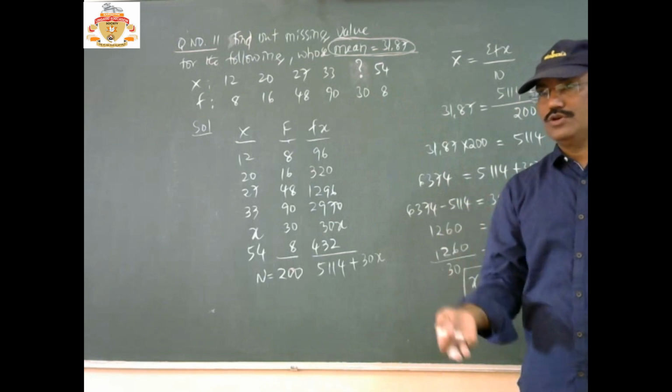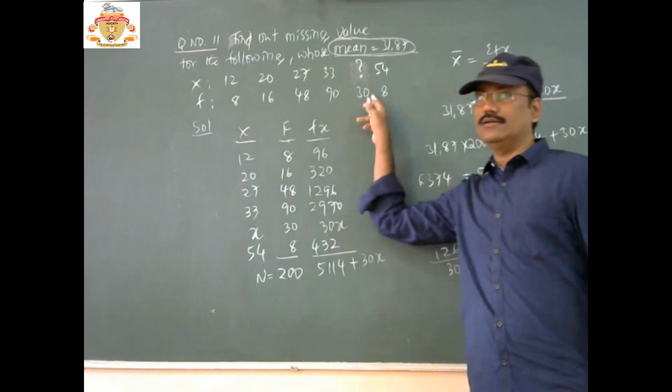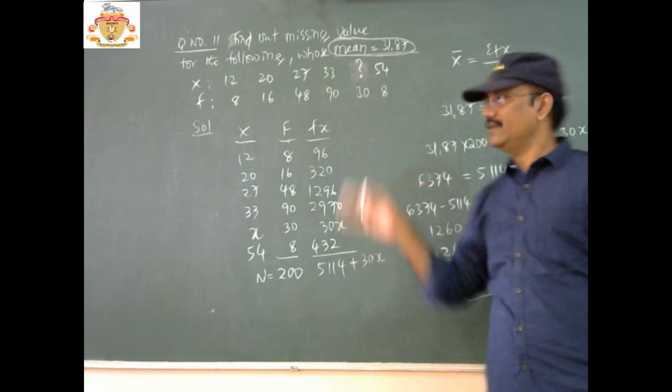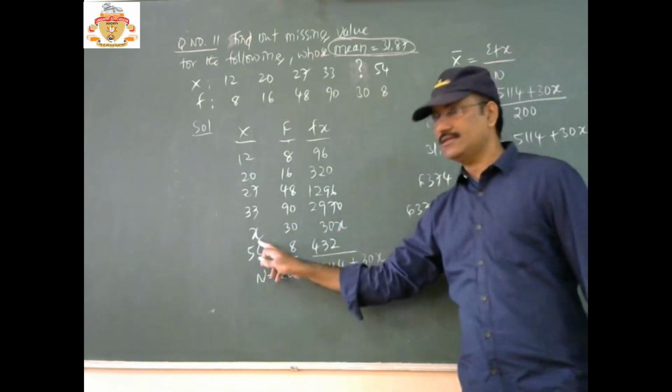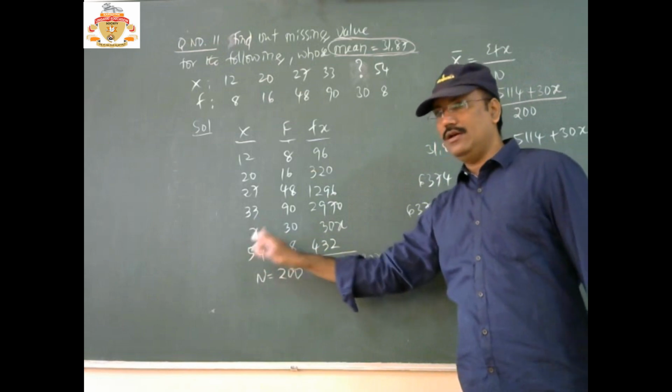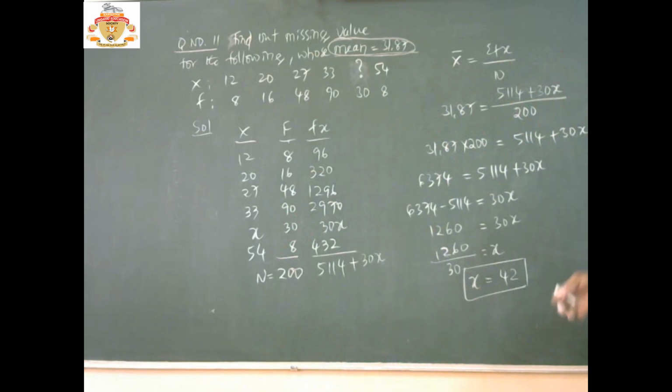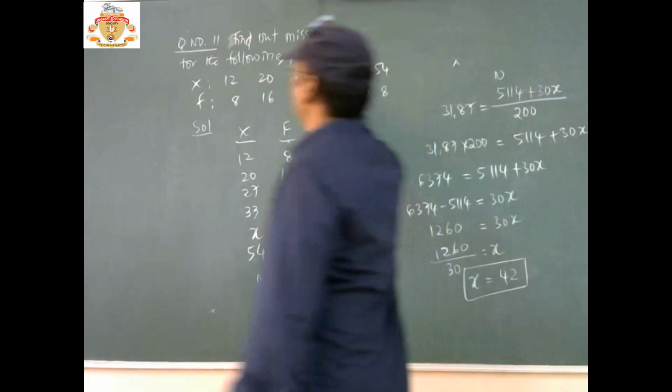Now in the next example I will show you, if it is missing in the frequency. The variables are given in full, but the missing value is in the frequencies. How to find it, with the same method? Instead of this x, the variable comes, example 42 here, and the 30 is missing, this was called f. I will show that immediately now. I hope the solution is clear step by step. You solve the question by referring to this solution, then tell me if any question gives you difficulties. Then move to question number 12 now.